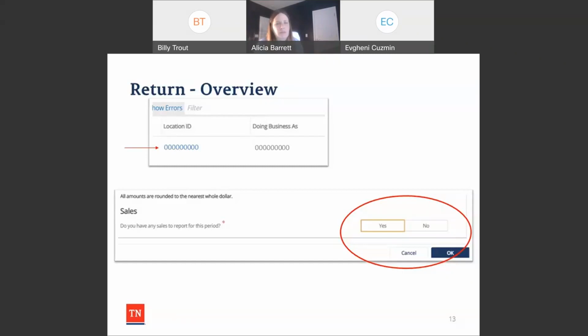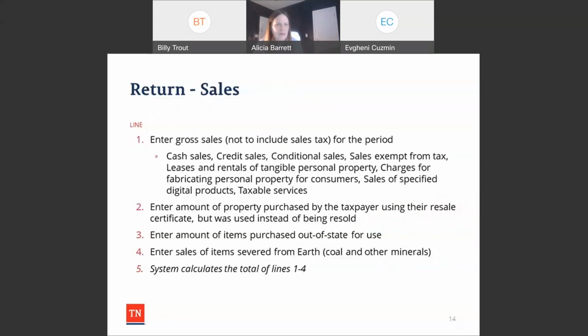But most people are going to have sales to report. So you're going to want to click that yes. And then lines 1 through 5 will open up for you to complete. Now, the first thing it's going to ask for is the gross sales. Now, I did see a